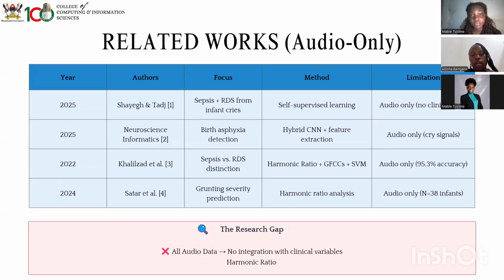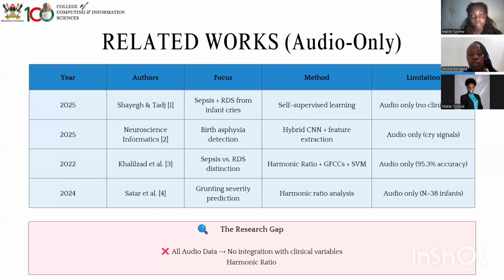So for the related works, we found that most authors actually dealt with audio-only datasets, whereby they focused on different things. As we can see, some focused on sepsis and respiratory distress from infant cries, and others on birth asphyxia detection. Others looked at the distinction between sepsis and RDS, whereas there was one also in 2024 that looked at grunting severity prediction, but all these focused on audio data only, and there was no integration with clinical variables